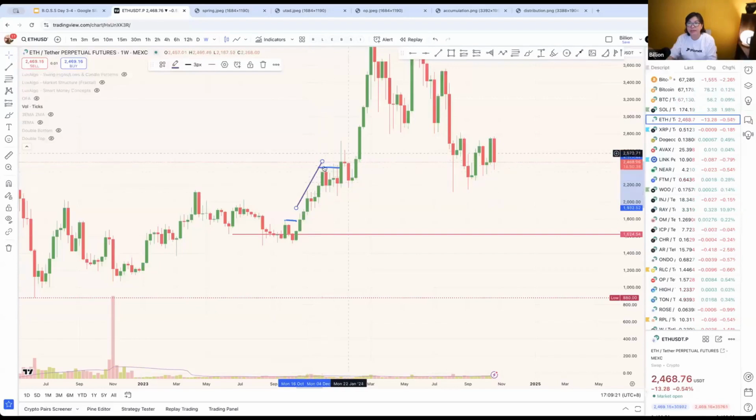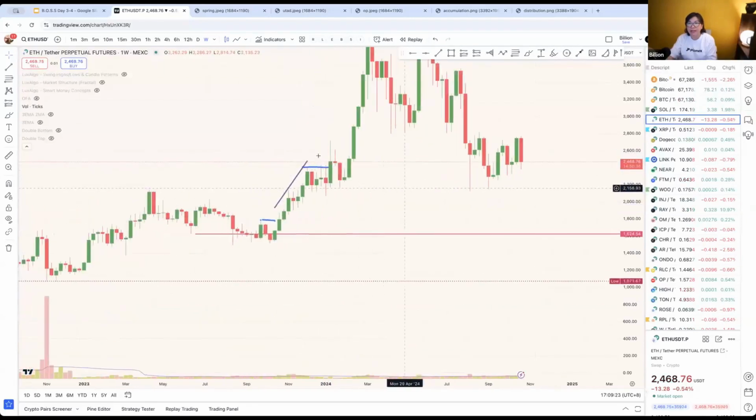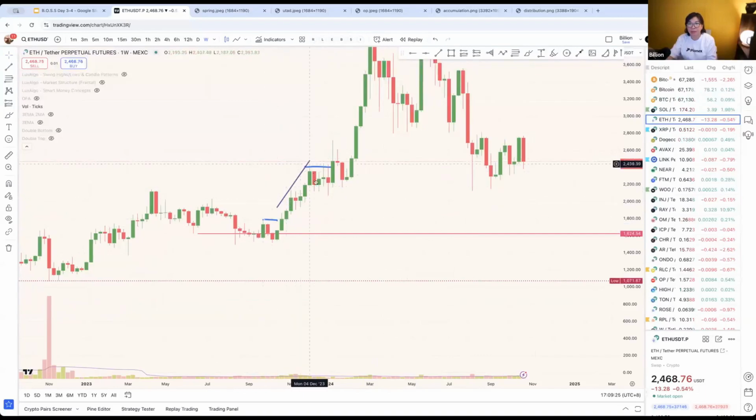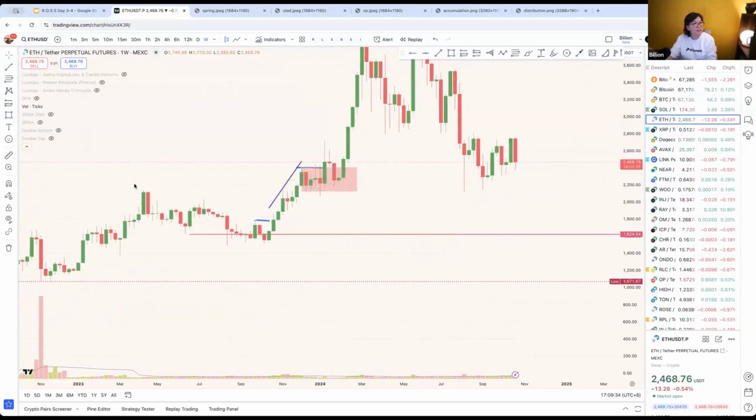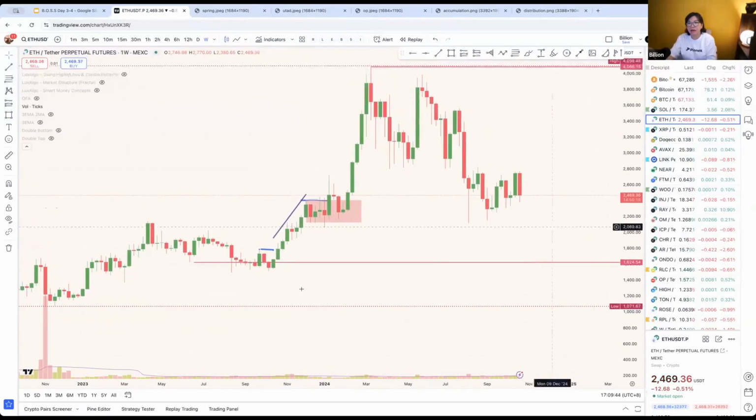There is an inducement. That means there is a pullback. Look at it. This is a pullback. Go up, one candle pullback. Can you see that? There is a pullback. So the minimum criteria for an order block, in front of the last candle,